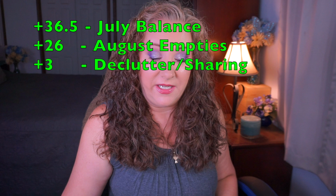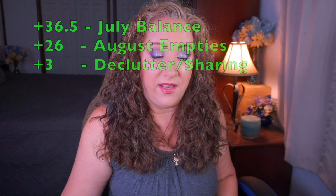So those 3 products are going to go to her, so I will be getting 3 points back for that. With my 26 empties last month, I am getting 26 points back, adding those 26 points to my 36.5 points from carryover last month, and then adding 3 points for my declutter / sharing with a friend items. I'm sitting pretty darn good, but I did have some stuff come in, so we are going to be subtracting